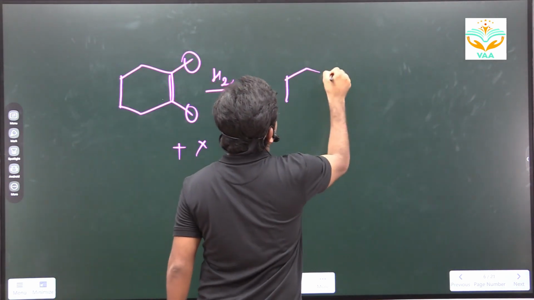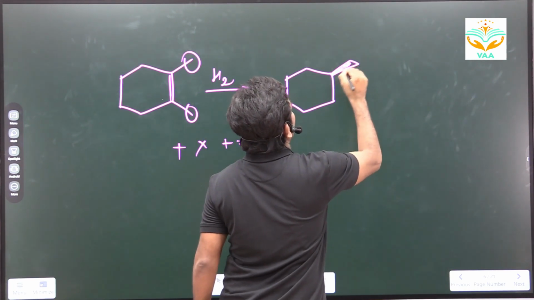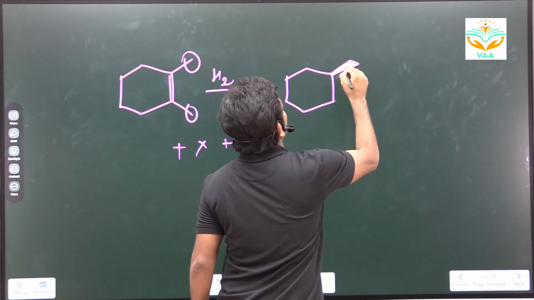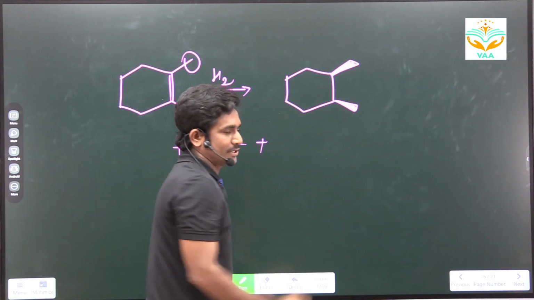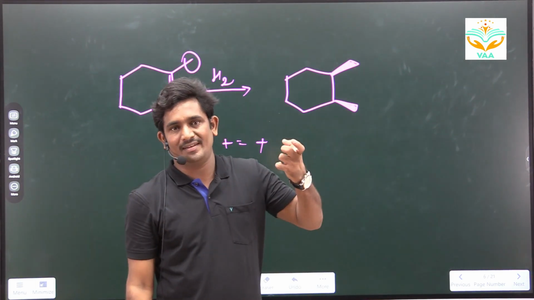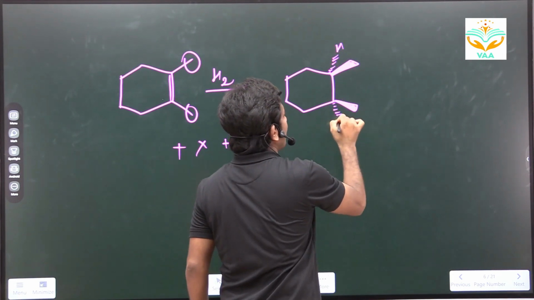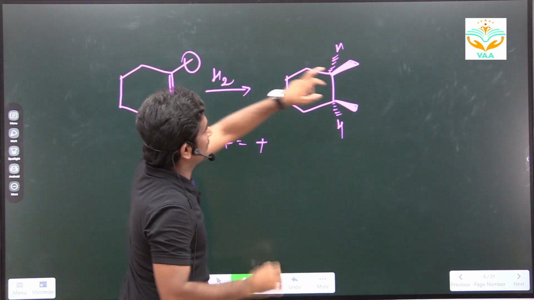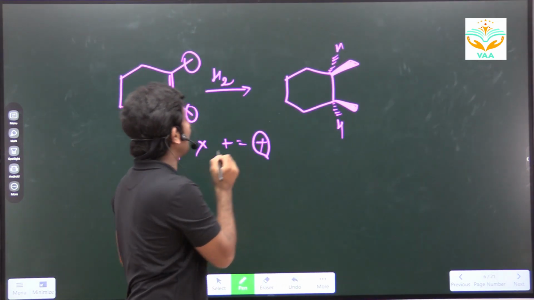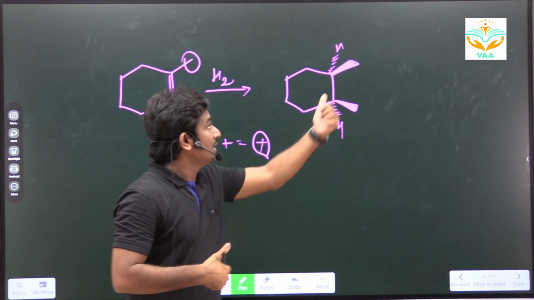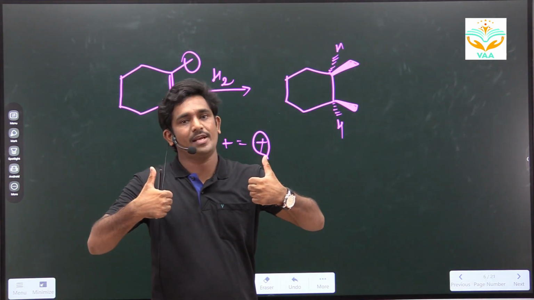How to represent this in cyclic form? So this is how we can represent. This is a thick bond. Okay? This is the thick bond, and this is a thick bond. This thick bond indicates above the plane, and a dotted bond indicates below the plane. Okay? The methyls are on the same side. So plus plus place, that means these two methyls will come on the same side, above the plane, both above the plane, like this. Both are on the same side. Okay? Right? This is one product.